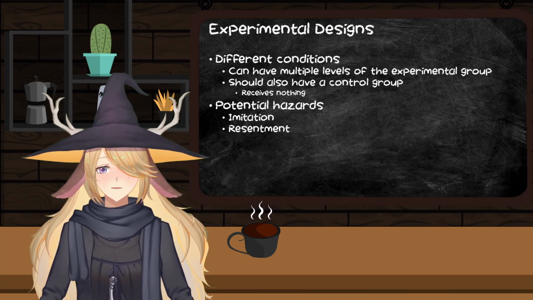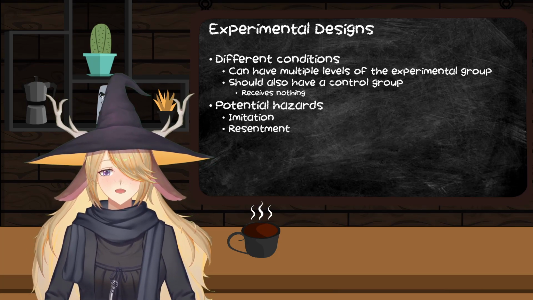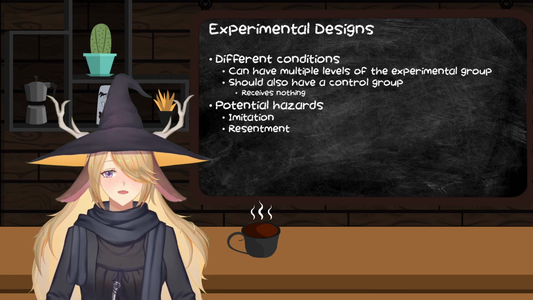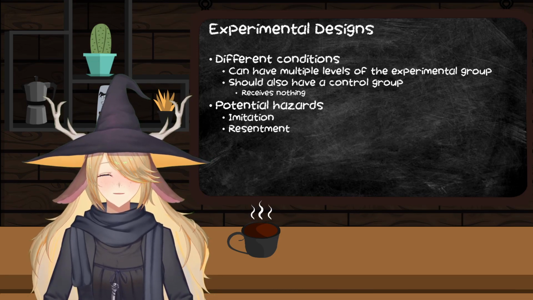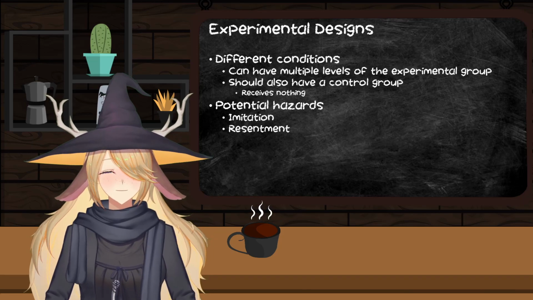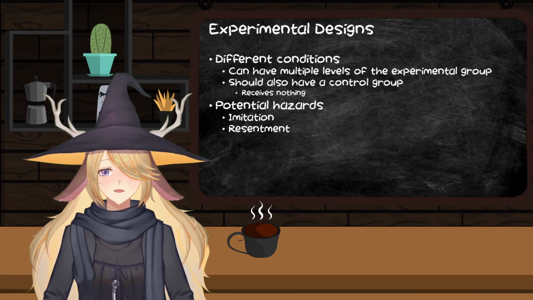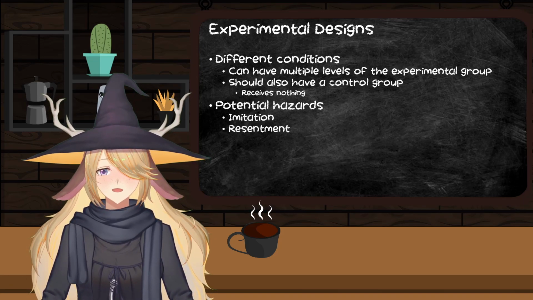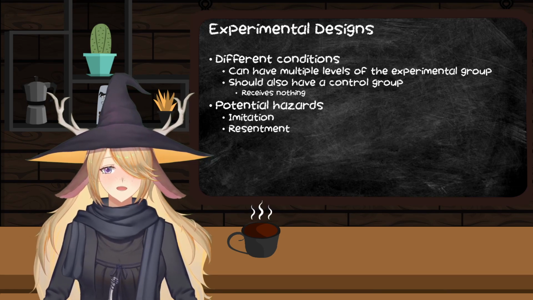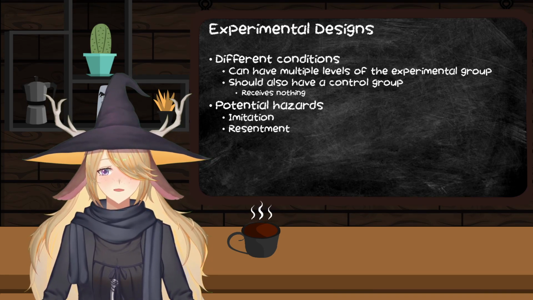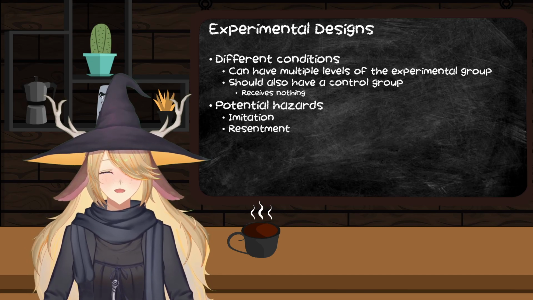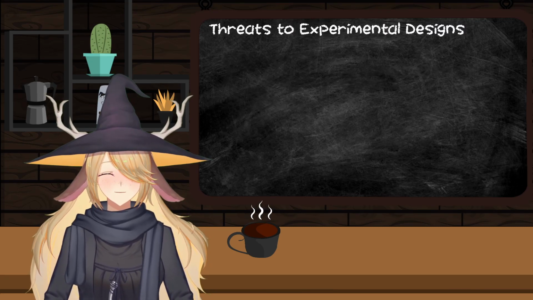There's also resentment, where instead of imitating after realizing that they are in the control group, they might say, fuck you to the experimenter, fuck you for wasting my time and putting me in the control group. And then that can again create a hazard where they might just start fucking with their data because they're trying to screw with your research.